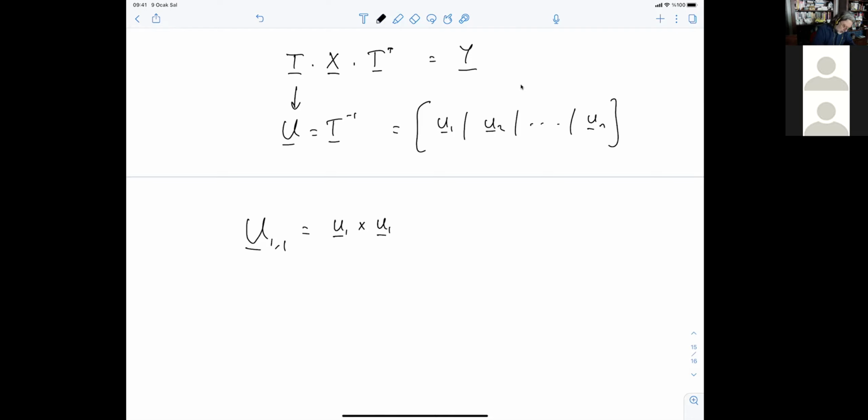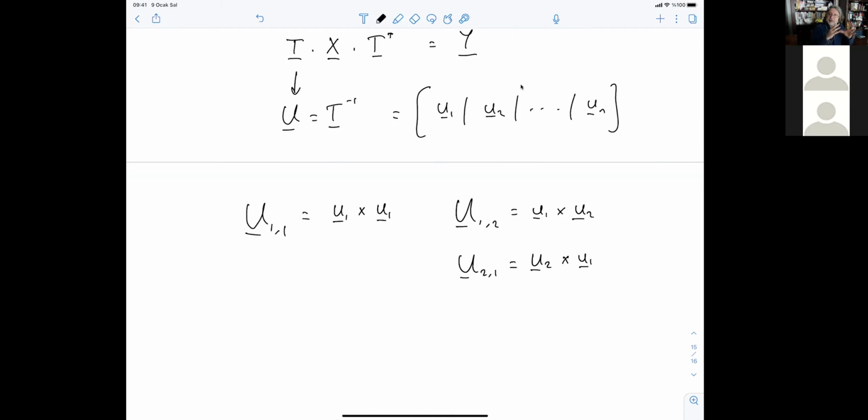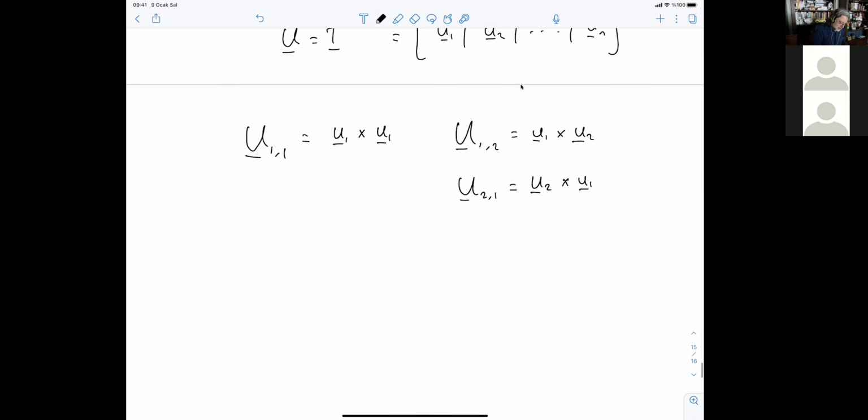If you cross product U1 with U2, it will give you the second basis image. If you cross product the second with the first, it will give you U21, which is another basis image. It will be U2 cross product U1. They will be different. So in the example that I have shown you for the basis images, what I really